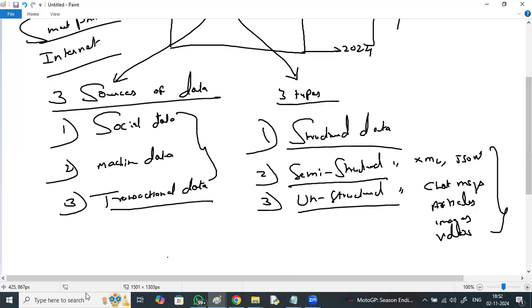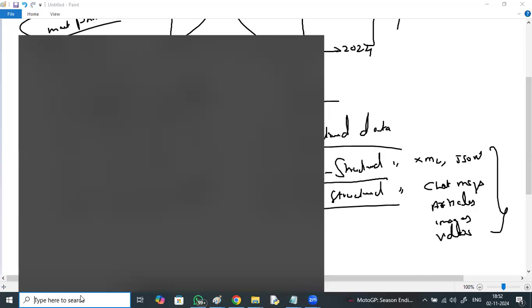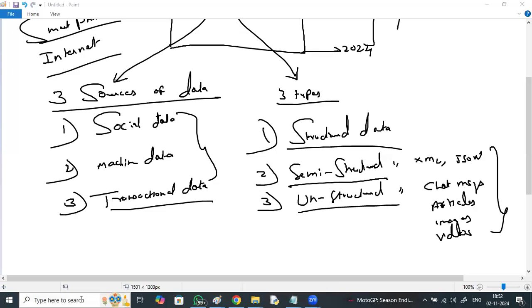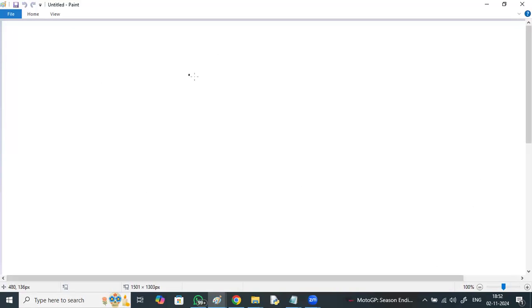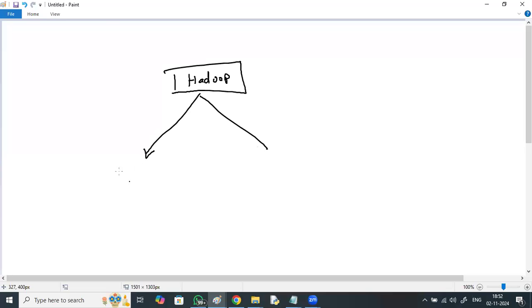So as a solution to all the storage level problems and processing level problems, we have got a framework called Hadoop. Hadoop is a framework that performs both storage and processing. Talk about any technology, it either performs storage or processing.